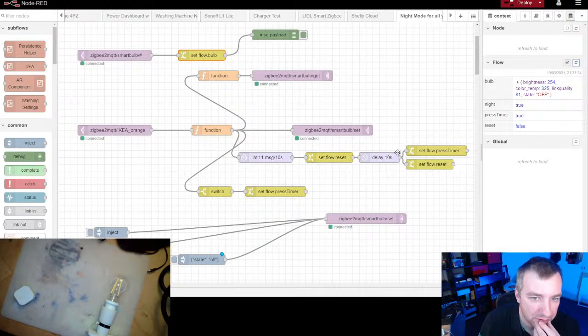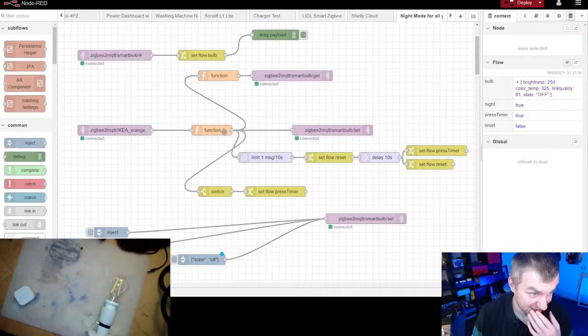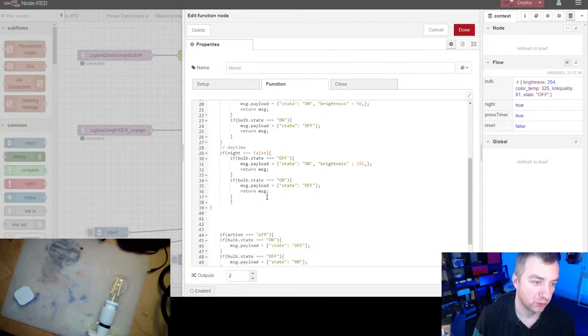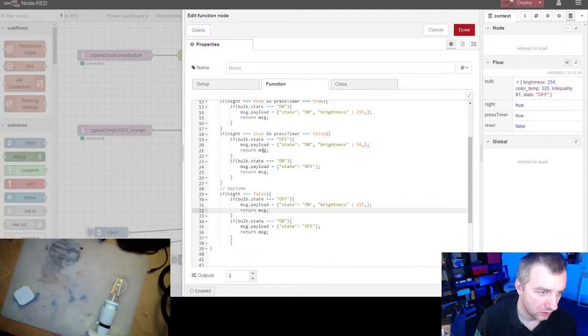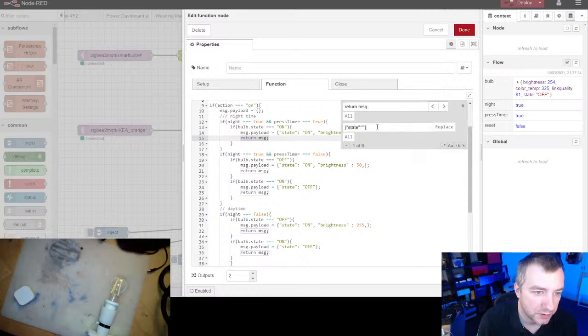Now the only thing that we have to deal with is the ability to turn off the light bulb within 10 seconds. So the off doesn't bother us. There's a couple of ways of doing it. The easier way is just introduce a second output, and when we have a state off, now we just have to replace this one. Let's replace this, and not this one, I'm going to replace this with an array